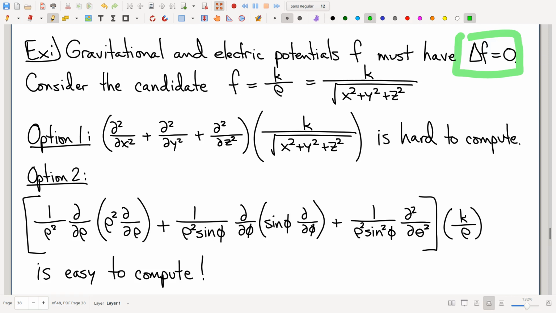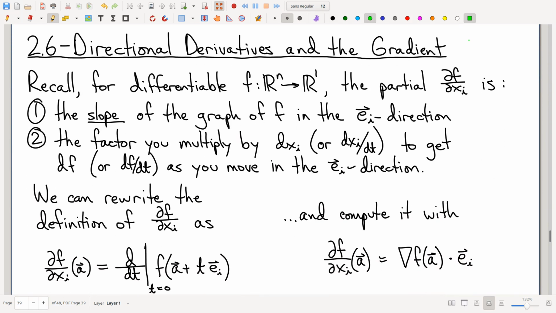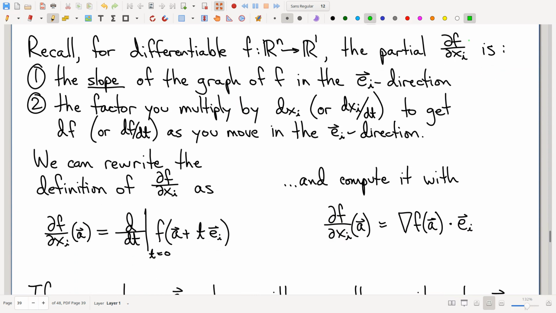All right, so moving along. A new idea called directional derivatives. I want to motivate this in a way that's maybe a little different. You'll notice what I've started with is a summary of facts about partial derivatives. I'll remind you that partial derivatives have the following interpretations. Partial derivatives can be thought of as a slope of the graph, details to follow, of course. It's a multiplicative factor, interpreted appropriately, of course. We didn't ever write this down before, but